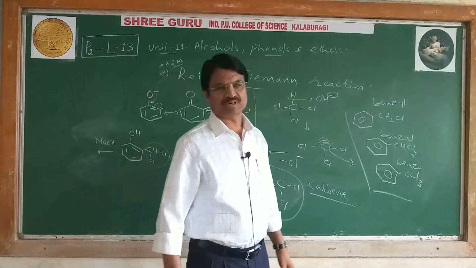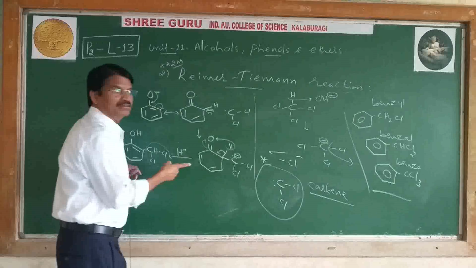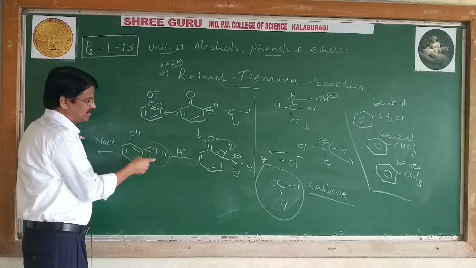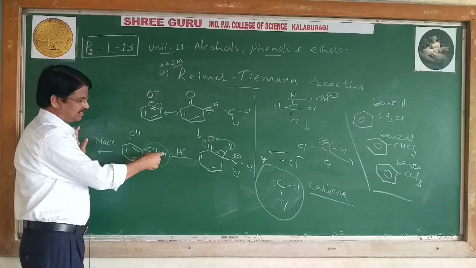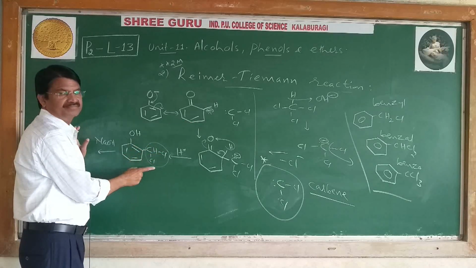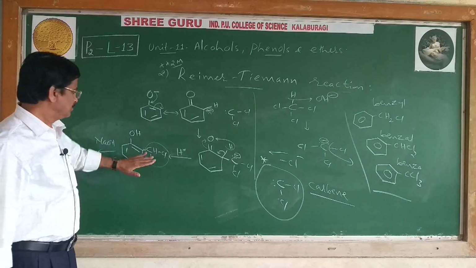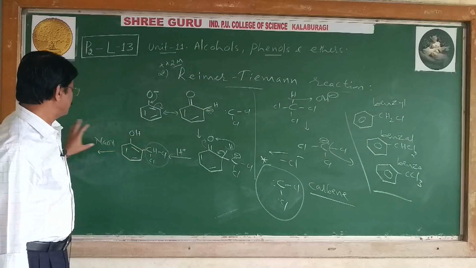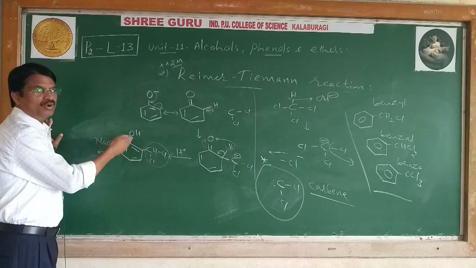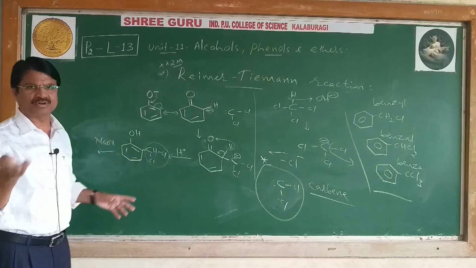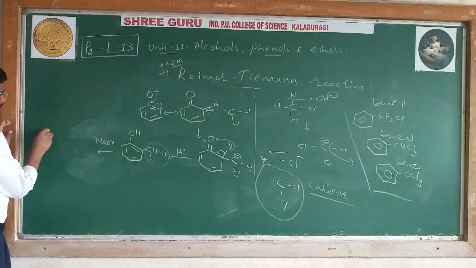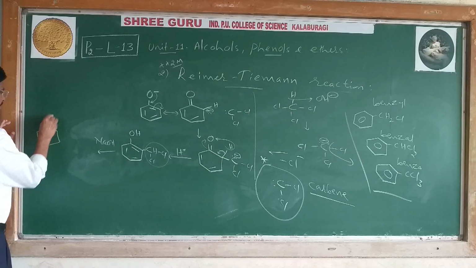Now see here, in the Reimer-Tiemann reaction, CHCl2 is formed. See there, CHCl2 is named benzal. This is called benzal chloride. And there is actually ONa, correct? Then it is the salt of benzal chloride. Yes. Now we get a product: the benzene ring with ONa,